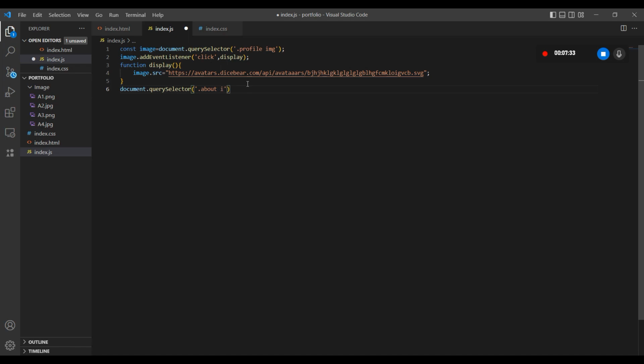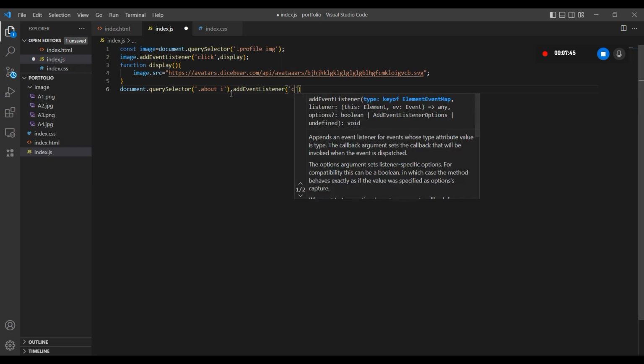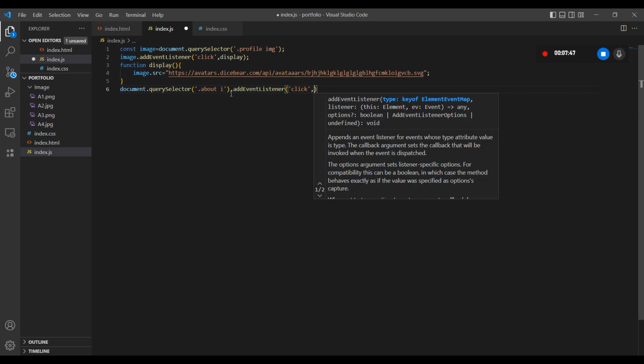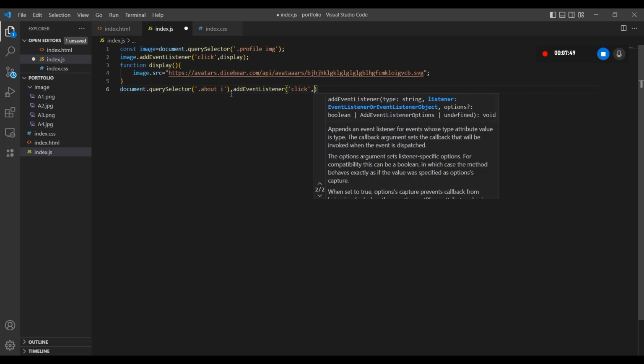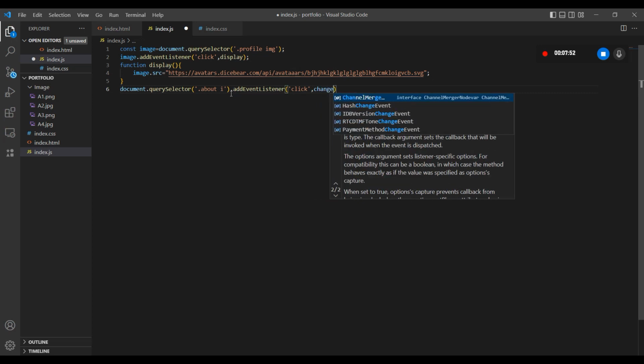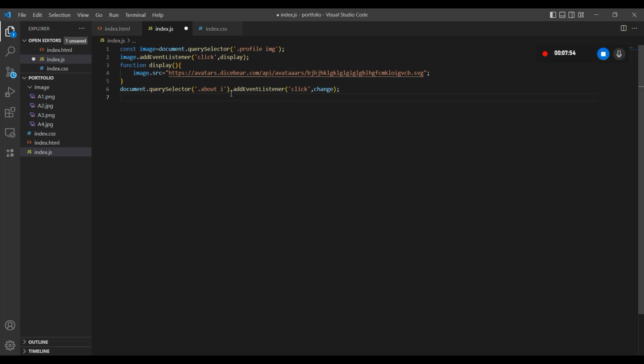So it will be about and then I. So I means italics. You must be knowing about that. Okay, so I'm going to add this, and now I'm going to add an event listener, which is same as click, and then I have to add the function. So let's say the function name is change, and just go on. And now I have to create the function. So the function is change, and then